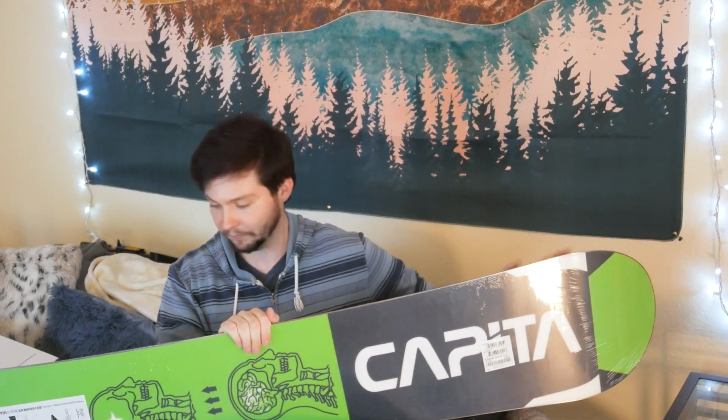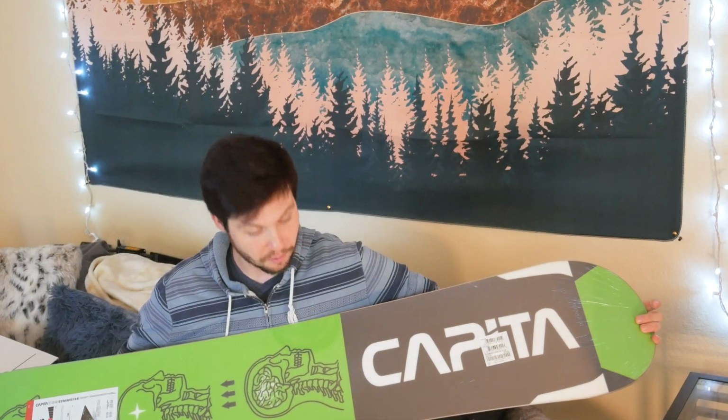So I ended up getting this board, checking a bunch of reviews, and it's the new 2022 Capita Outerspace Living board. Very light, feels lighter than the Ripcord. Now I am downsizing. The Ripcord is a 158 wide, and this is a 155 wide. I plan on losing weight to try to balance that out, but I want something that's a little bit shorter,